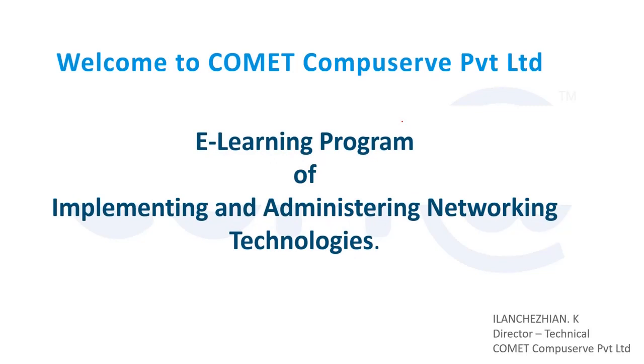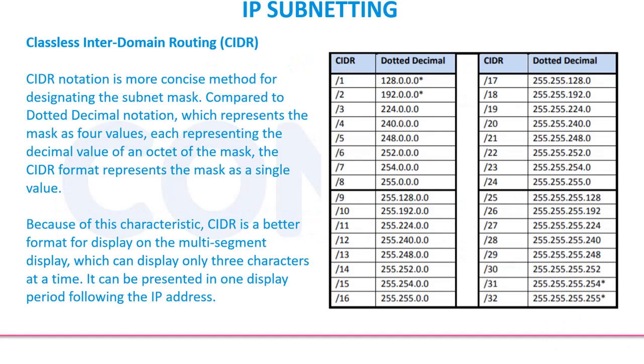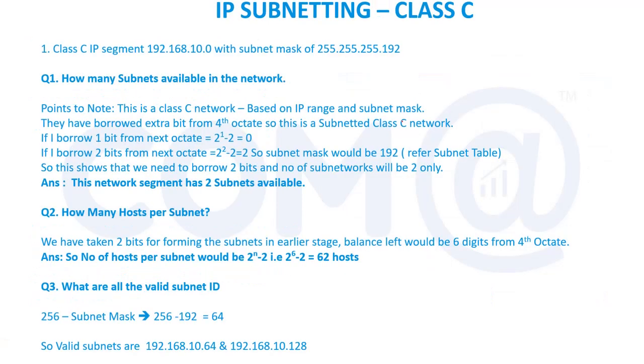We are discussing IP subnetting. Session 1 is completed. We will move on to Session 2. Last session we discussed CIDR, classless interdomain routing, which is nothing but a slash-based notation, by which we are easily representing the required subnet mask in the easiest way. Instead of writing the complete thing, you can write the slash notation based on class A, B, C. You can make a note of it.